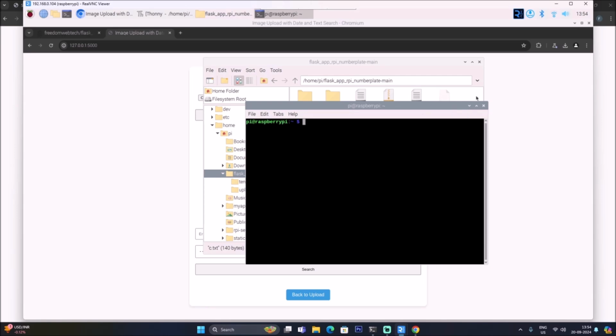So here on Raspberry Pi 4, because this is the server, we are going to forcefully change our date, and I will set the date as yesterday's date. So for that, inside